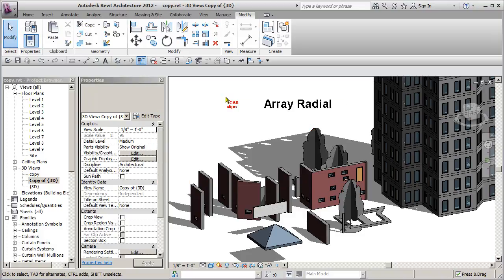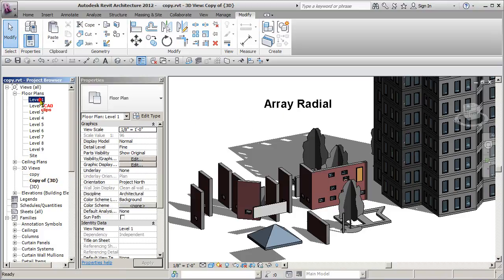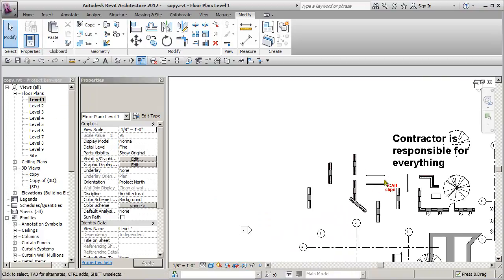And the second part of the array tool is the radial array, which is kind of an arc shaped. You have to form a center point, an angle, and a number of items. It works very much the same. So let's just go down to our level 1 here. And I'm just going to zoom in